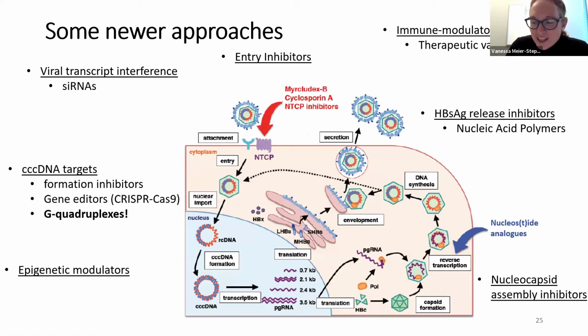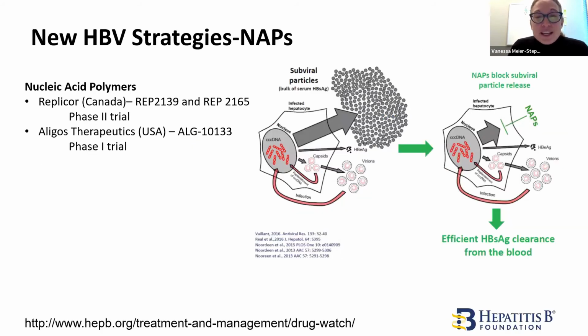But I want us to highlight a couple of these types of approaches in particular. Those include the NAPs, the nucleic acid polymers, entry inhibitors, and this CRISPR-Cas9 gene editing system. And then, of course, I'm going to talk very briefly about my own work on quadriplexes and highlight this in 2 slides or less for each of these. So bear with me, but I get really excited when I see some of these new approaches, because it's really an exciting time for patients to be able to explain that we have a lot of things on the horizon. And one of those first methods, okay, is the nucleic acid polymers.